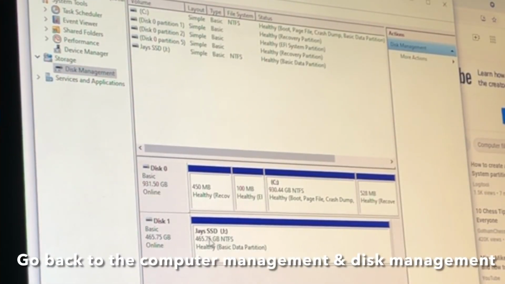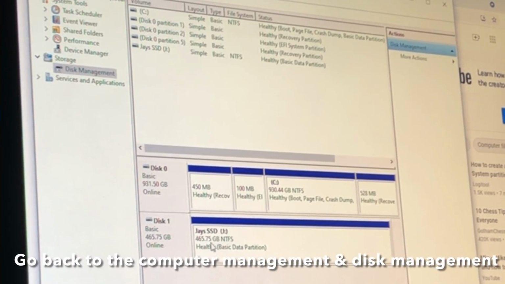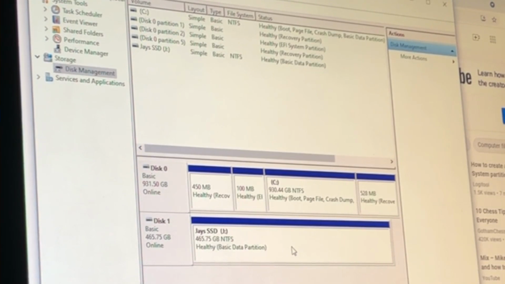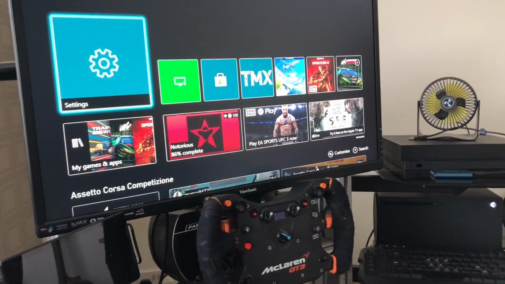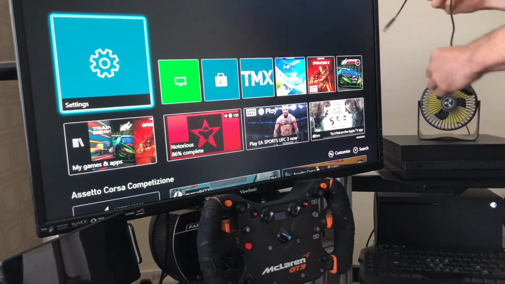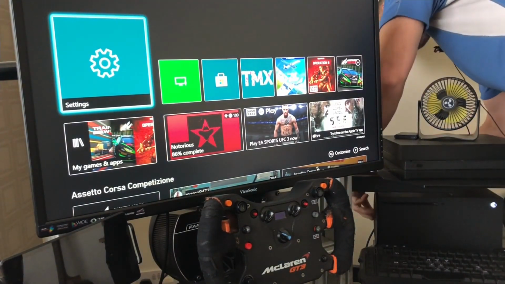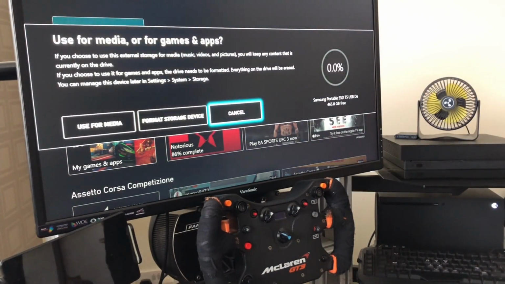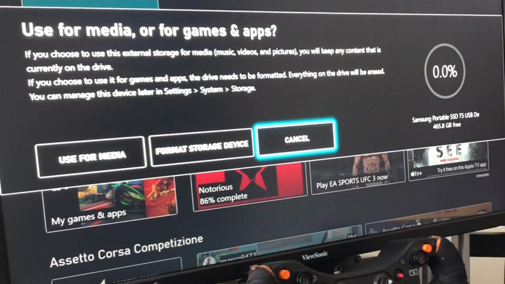So there we go, J's SSD, NTFS, healthy. Let's go and see if that works. So here we are back down at the console. I'm just going to plug it back in again. So instantly that came up,